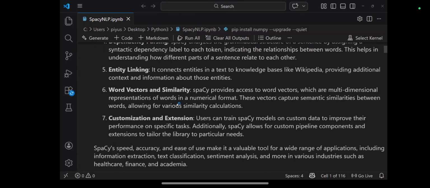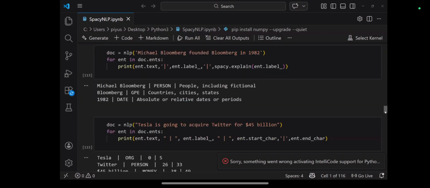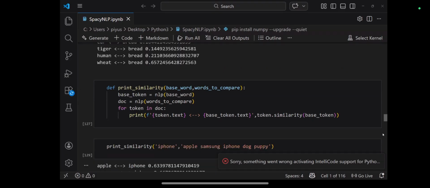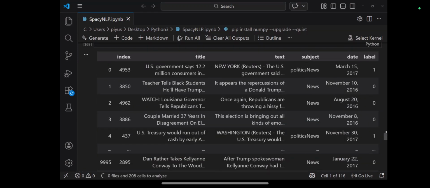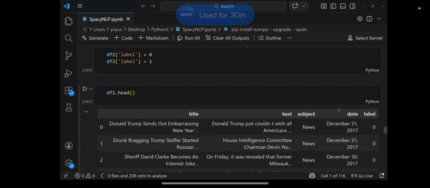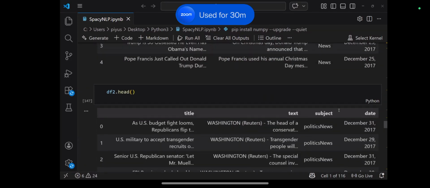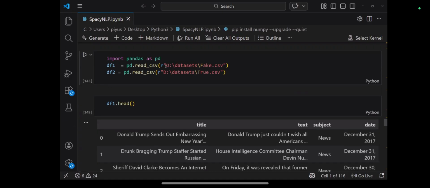Let me just go to the dataset part. I will be sharing the link, Pujan. I have some data sets used over here. I need to check what is the path, and I will be adding that particular data set also. Okay, in D drive I have these data sets.